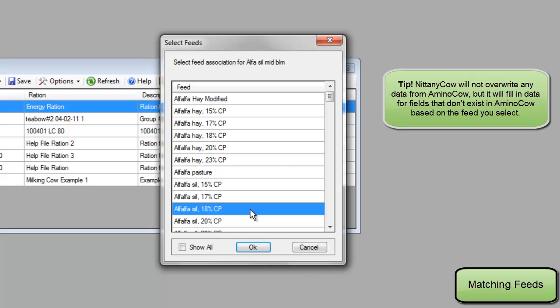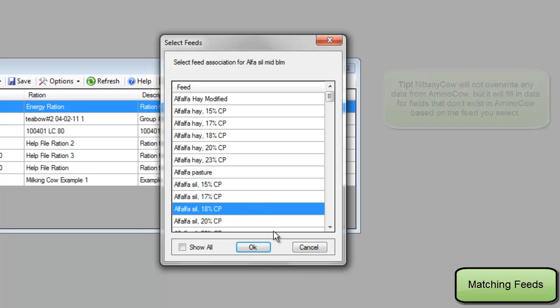Note that NittanyCow will not overwrite nutrient profiles from the previous evaluator. Rather, NittanyCow uses your feed selections to fill in data for fields that are not used in AminoCow. For this example, if I select alfalfa silage 18% crude protein to match alfalfa silage mid-bloom, NittanyCow will retain all the values for alfalfa silage that were shown in the AminoCow ration. However, NittanyCow will also use the default values of alfalfa silage 18% crude protein for items like VFAs and chop